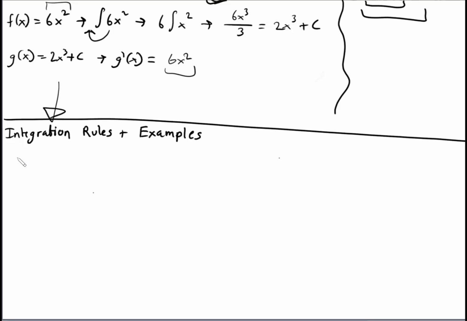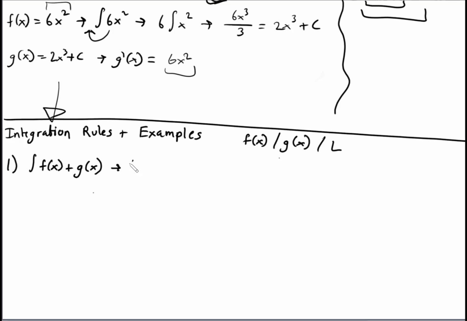So we'll establish a couple of functions here. We'll have f of x, g of x. These are going to be two functions, and let's say we have a constant L. Now the L is going to be a different constant from c, so just keep that in mind when you're following these rules. So your first rule: if you have the integration of two functions being added together, you can